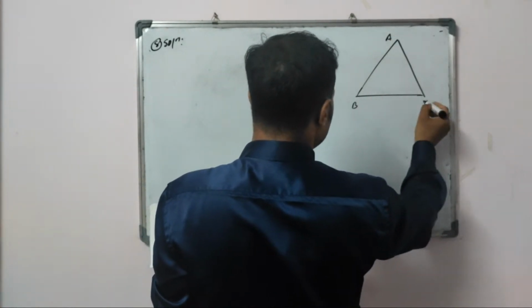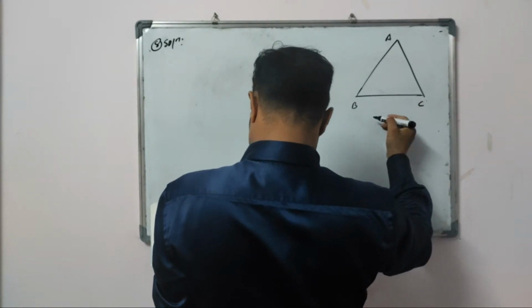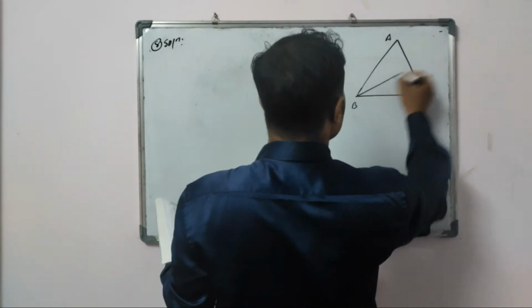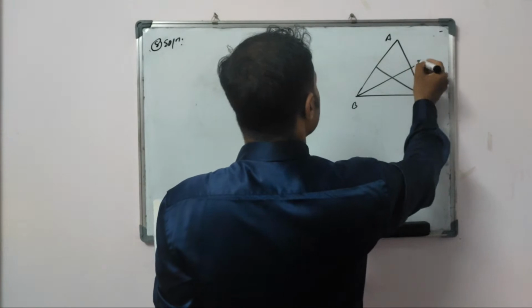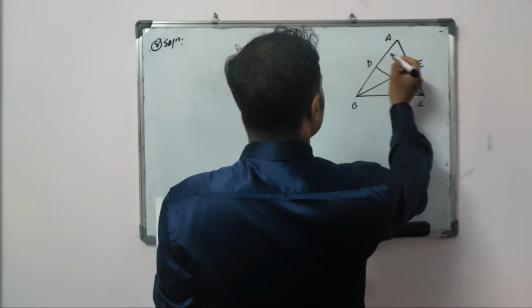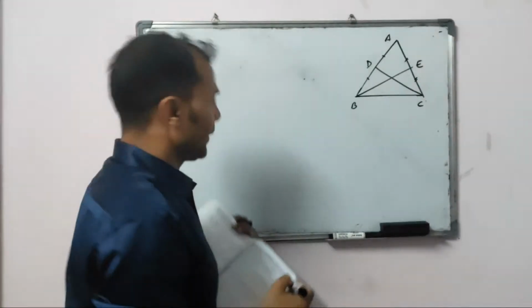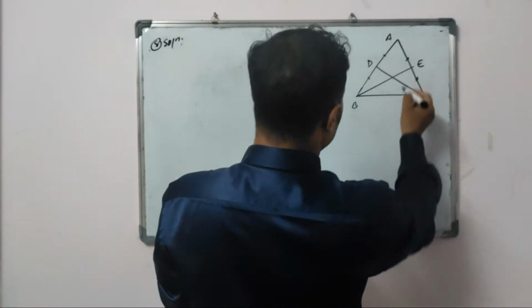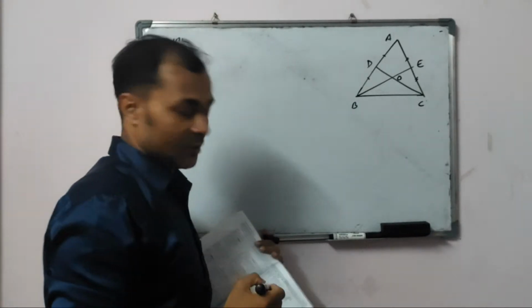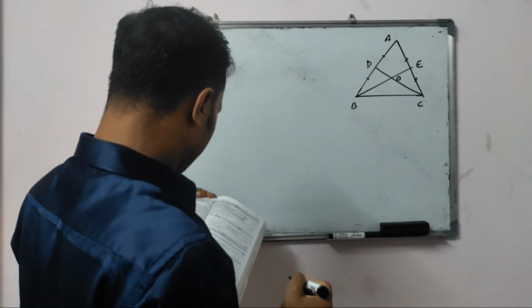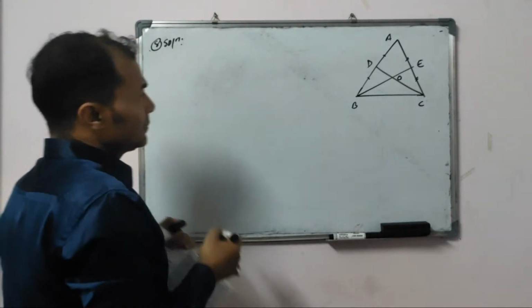ABC is a triangle and D and E are the midpoints, with two medians BE and CD. Okay, so these are the medians. And here there is a point O. Now what you have to prove is, given this triangle, prove that area of BOC equals to, I guess we did